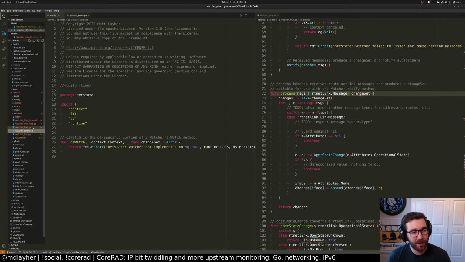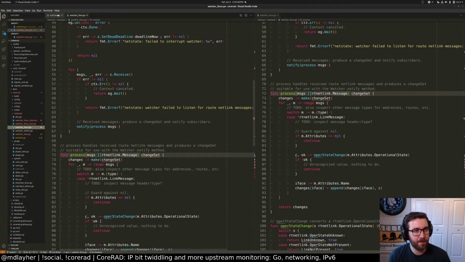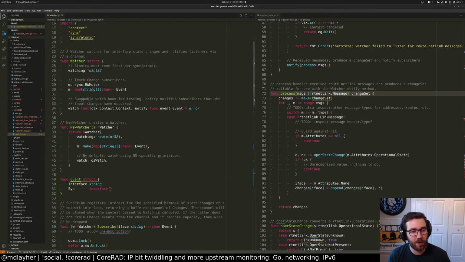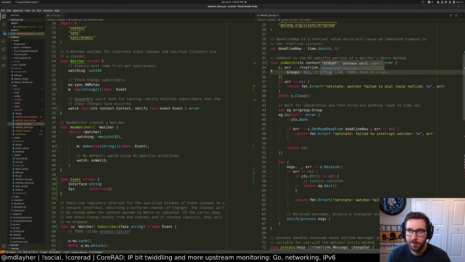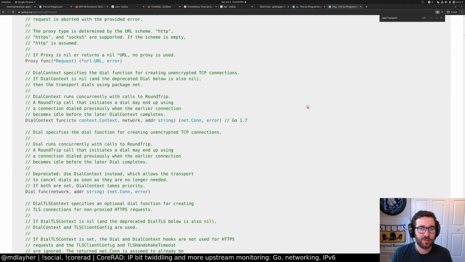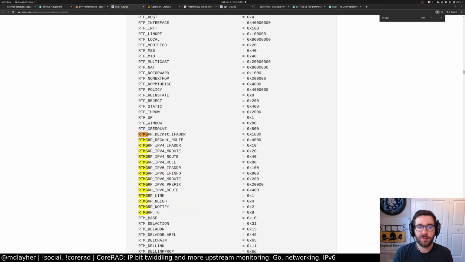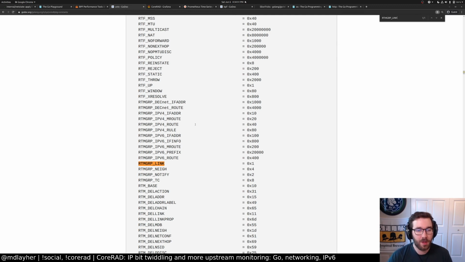We're going to have to fix the other platform code too. Let's look at the Linux code. Okay. So now we have this concept of an event. So notify is a function which has an event. So RTM group link. I'm pretty sure this is actually in x/sys already. So let's check RTM group link. It is. Sweet. RTM group. And we're also going to want IPv6 interface addresses as well. So maybe we'll leave it up to the caller for those.